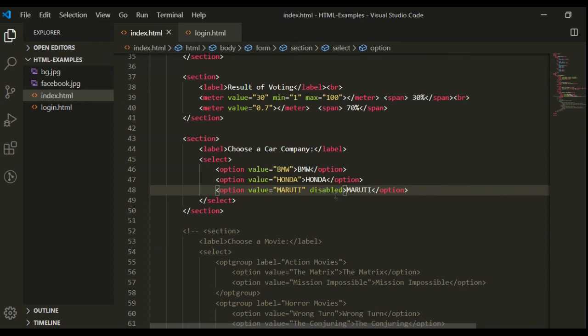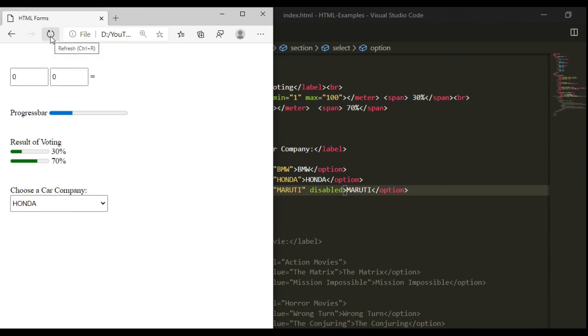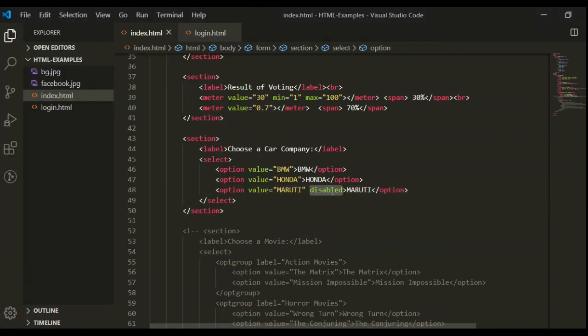So let's see what disabled does. I refresh the page, and when I open my list, here you can see the Maruti option has been disabled. Now I cannot select this disabled option from the list, so it doesn't allow selection. Same as that, you can give disabled to any field.